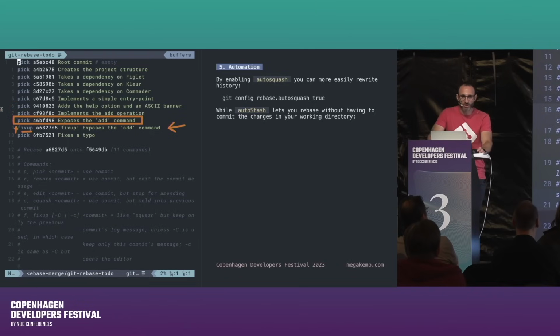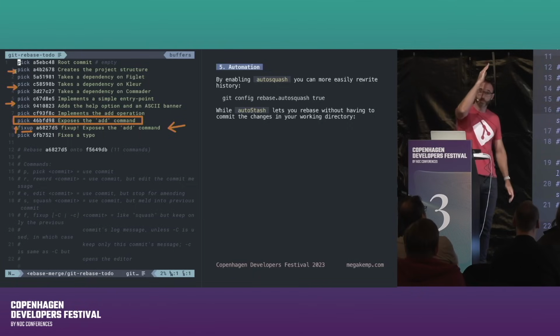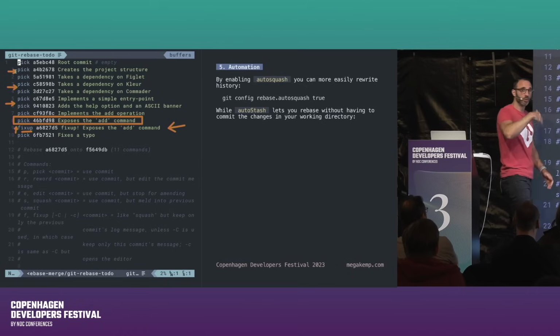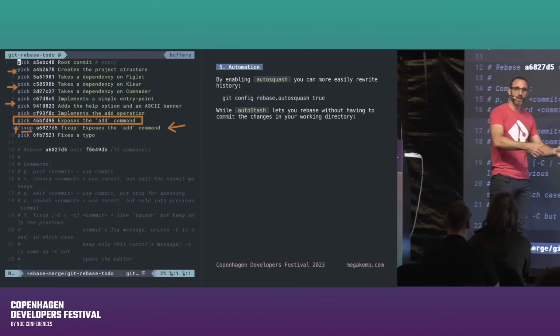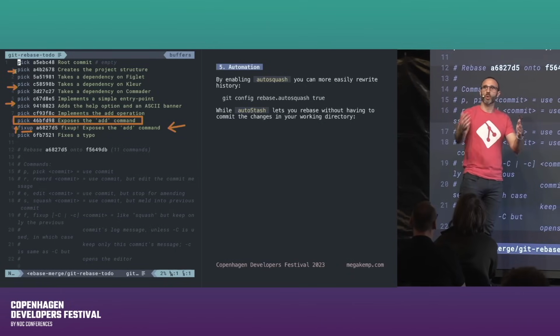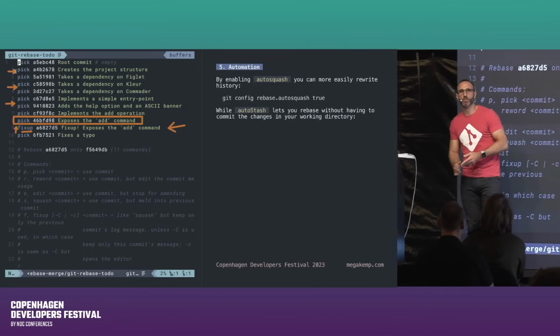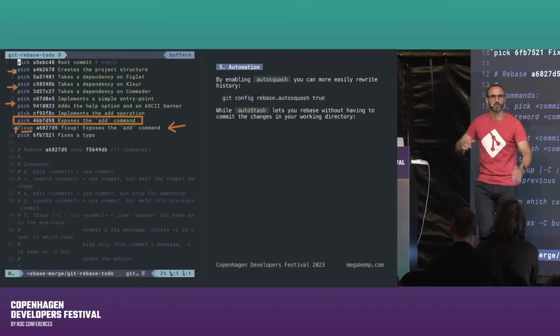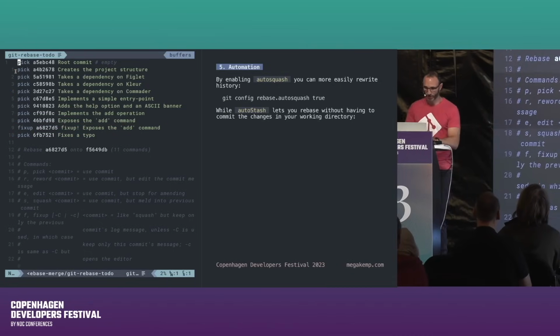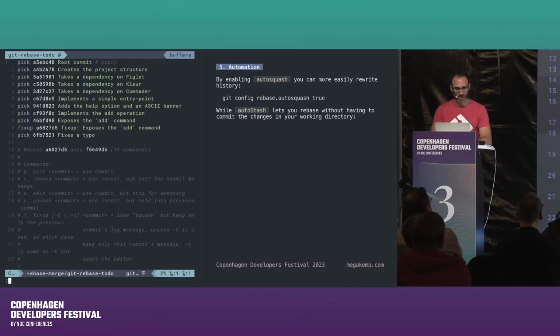Now imagine that you have a bunch of those fixup commits, and with one single rebase, they are going to be moved into the right position. So you basically do a bunch of fixup commits, and then you do one single rebase, and they all move to the right position, and they all get squashed. So that's pretty awesome. So in this case, I don't have to do anything, but just save the file and